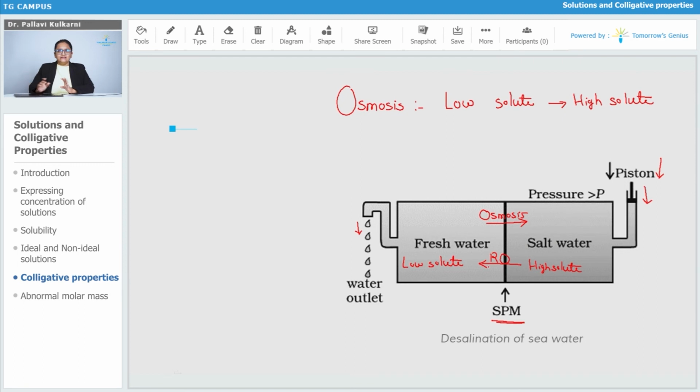RO. Exactly the same is the principle for the RO water purifiers. Now this method is available by which we can convert the sea water into fresh water, but still it is not economic, because in the sea water tremendous amounts of salt are present. It is extremely high solute concentration, so it becomes very difficult to convert it into fresh water, and it is not economic to apply too much high pressure. It requires energy.